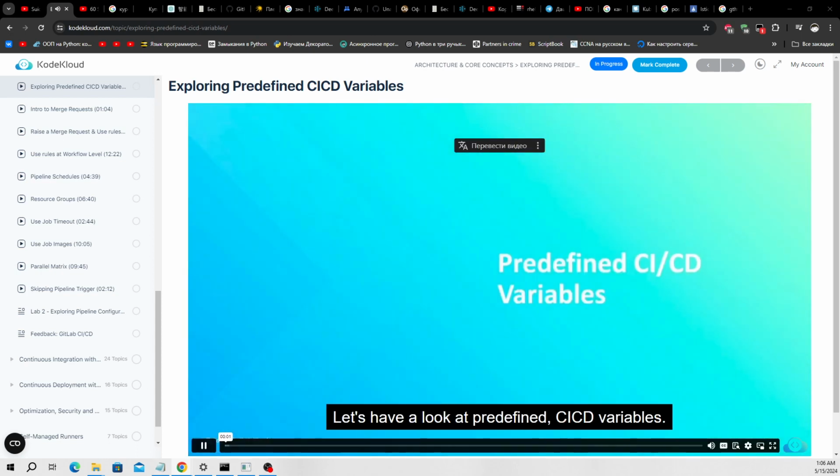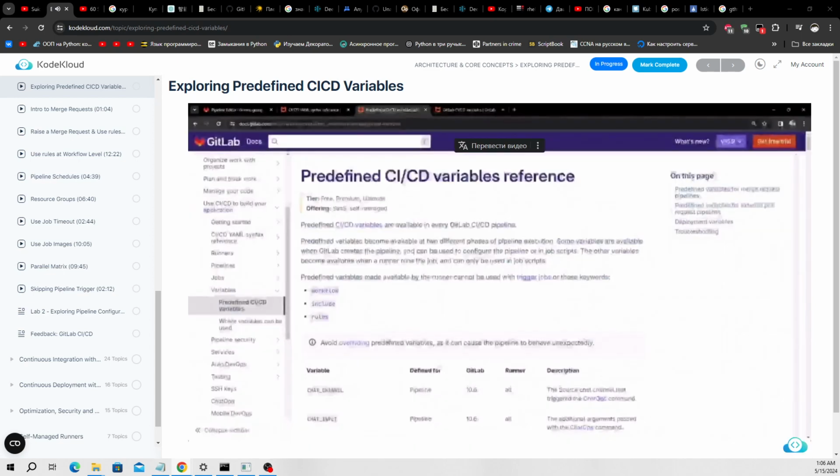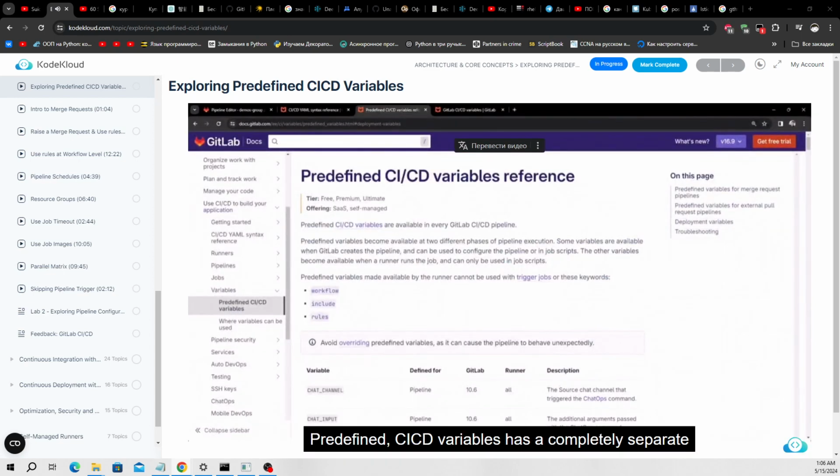Let's have a look at predefined CI/CD variables. Predefined CI/CD variables have completely separate documentation which you can go through for different examples. These are the variables which are automatically provided by GitLab in every CI/CD pipeline. They contain information about the job, pipeline, and other useful values relevant to your builds and deployments. This allows you to write flexible and dynamic scripts without hard-coding any sensitive information directly in your GitLab-CI YAML